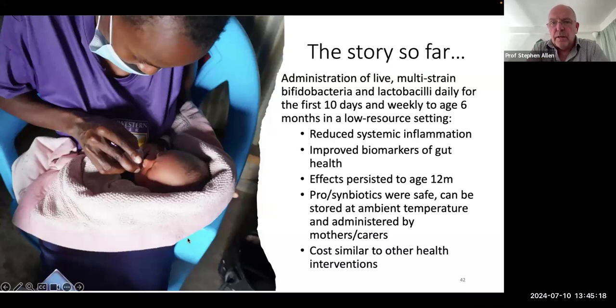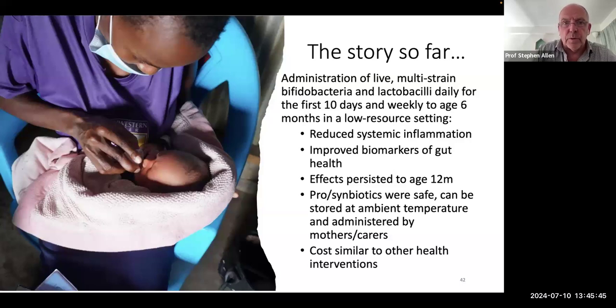So we think that administration of live multi-strain bifidobacteria and lactobacilli for the first 10 days, then weekly to 6 months, reduces systemic inflammation and improves gut health. The effects persisted. So we feel if you get off to a good start in the first 6 months, the effects persist. We didn't have any adverse outcomes, and we feel this is applicable to community level intervention